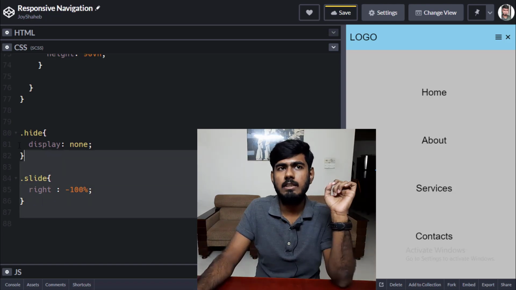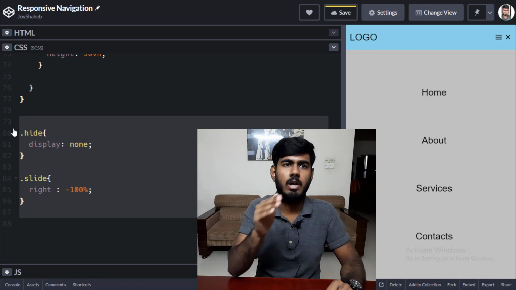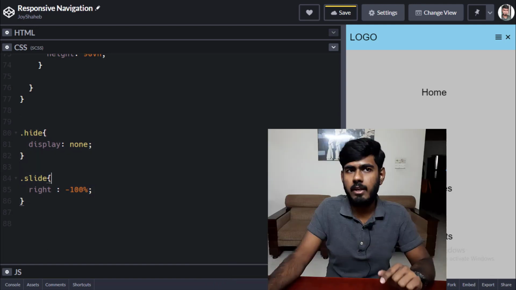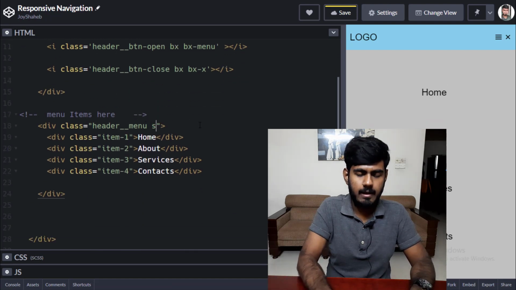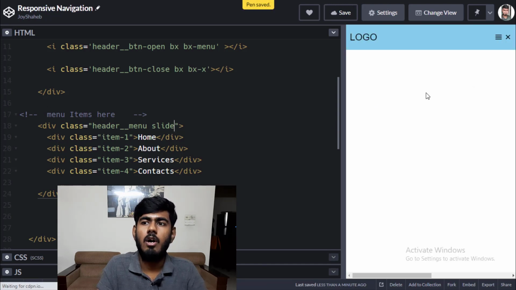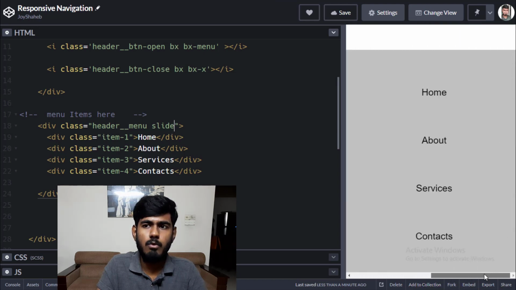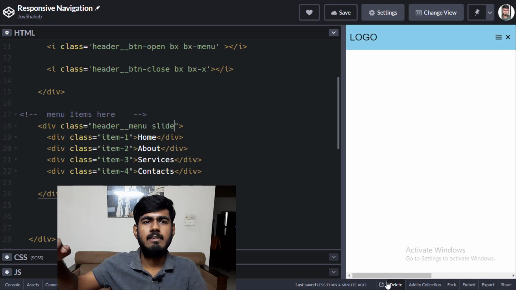So how these 2 classes will work is that we're gonna toggle between them in the JavaScript. Don't worry about it, I'll show you how you can do it. But for now, you include the slide in the HTML. So come over to the HTML and over here you write slide on the menu items. You can see that it's gone, but you can see a small scroll bar over here. If you don't remove the scroll bar, then your clients can easily see through the menu items. So this is the x-axis and this is the y-axis. There is a property named